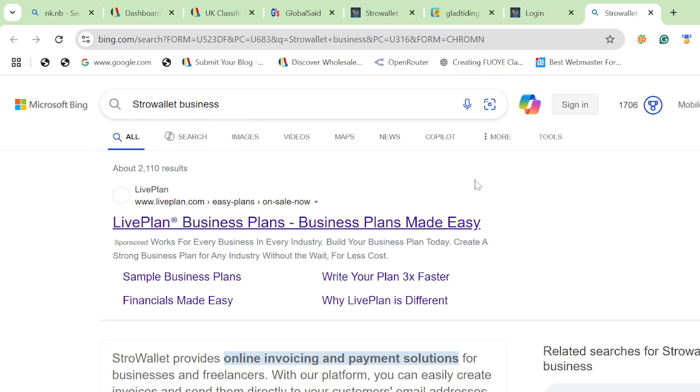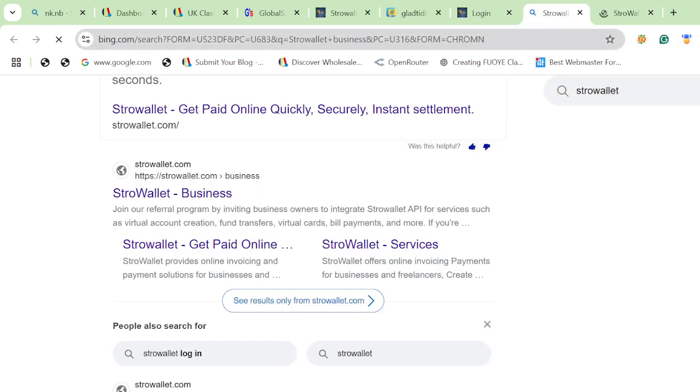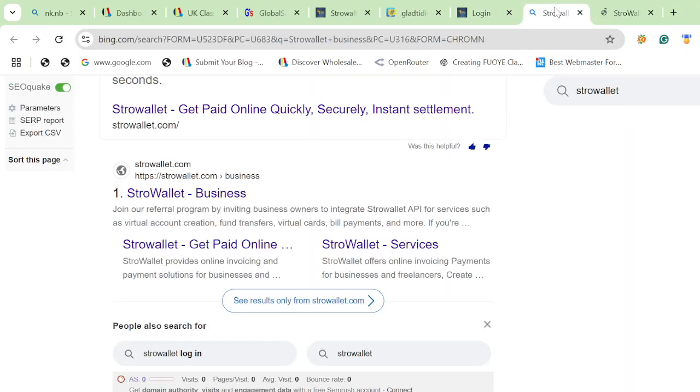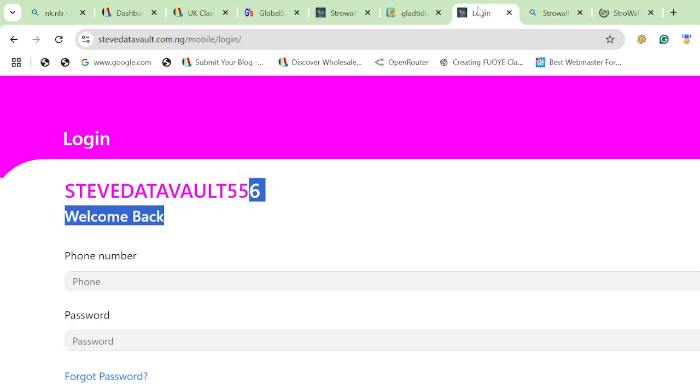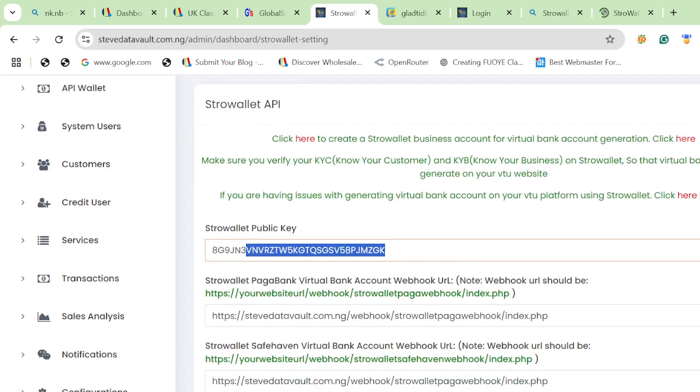True Wallet business. True Wallet. I'm not using Google search. So this is it. You have to sign up, get approved. Once you get approved, then you'll be given an API key. You'll be given an API which you're going to use. So copy the API here, the public key here, and then